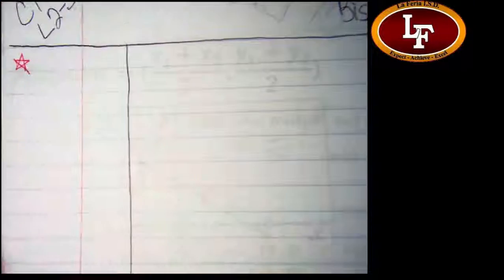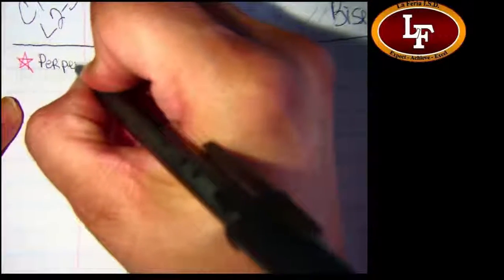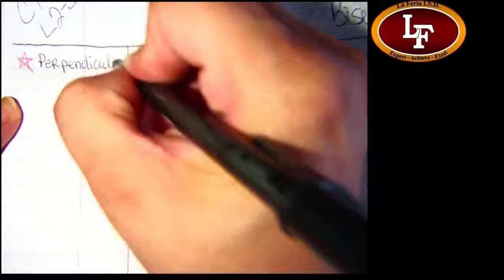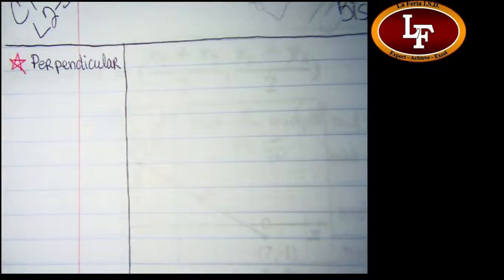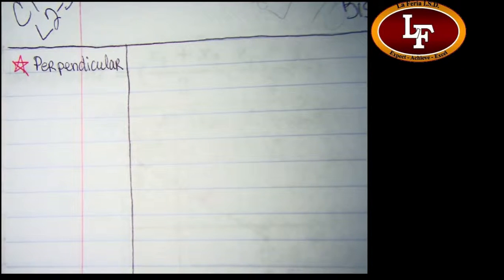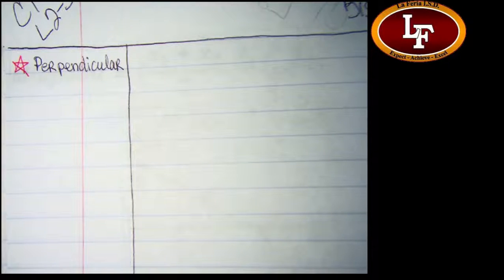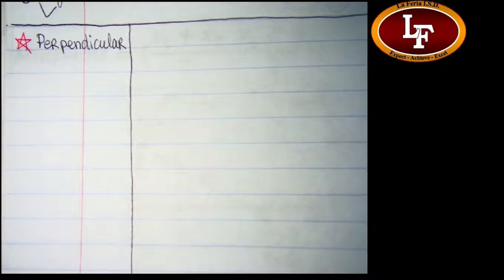All right, our first vocabulary word for the day is going to be the word perpendicular. You heard that word before? What's it mean? You don't know the exact definition, okay. What do you remember about the word? It looks like a plus. All right. Can you give me more than just it's a plus? Intersecting. We got some intersecting lines going on. Fantastic. Anything? 90 degrees. I was just about to ask if there was anything special about that intersection. And then we got 90 degrees.